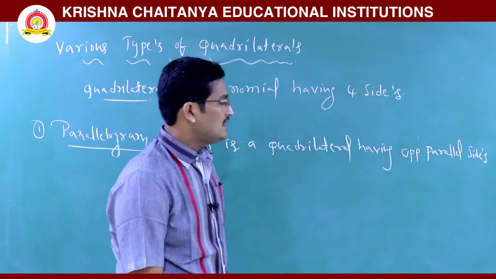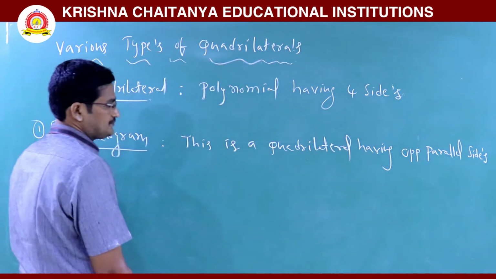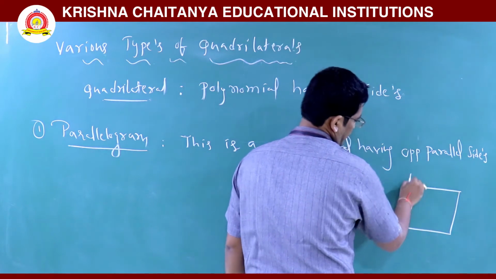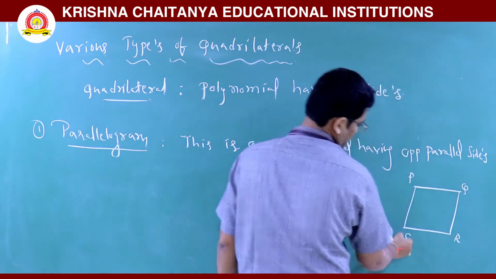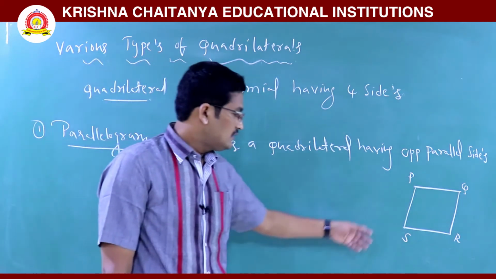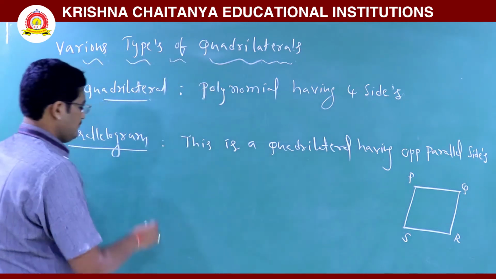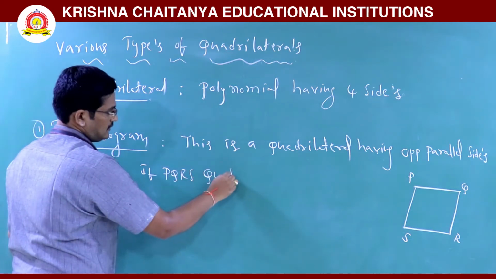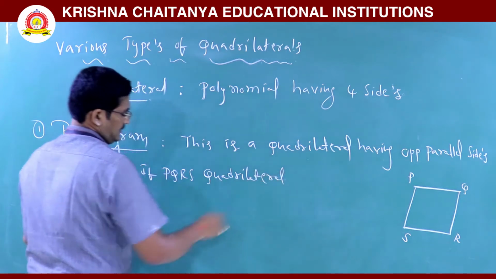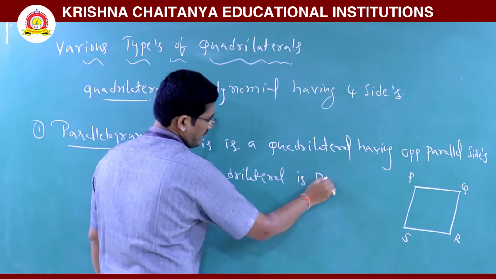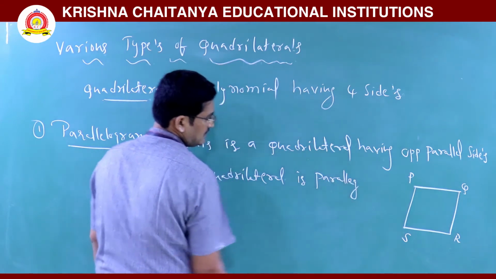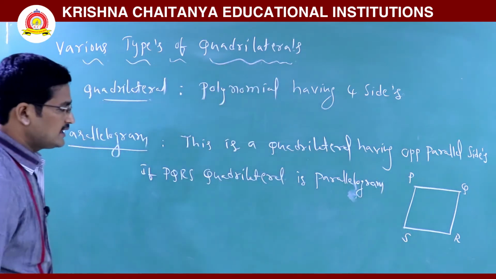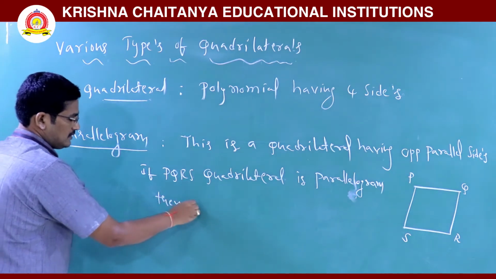Suppose I am taking this quadrilateral P, Q, R, S. If PQRS quadrilateral is a parallelogram, then that PQRS follows